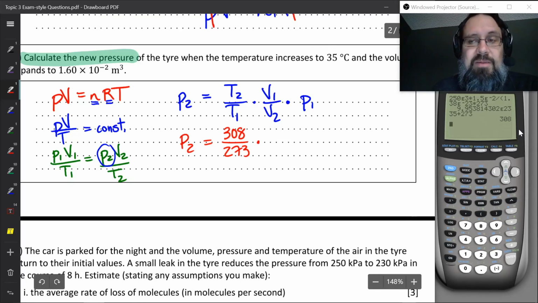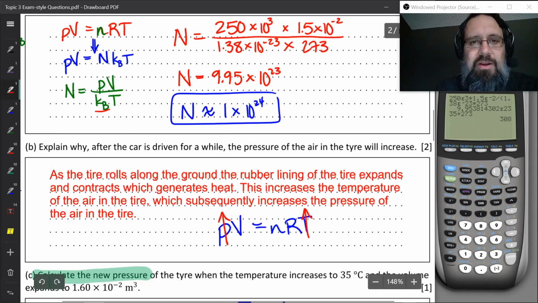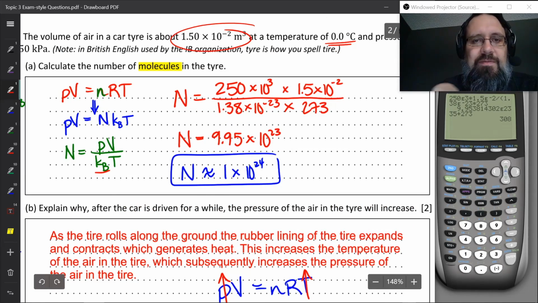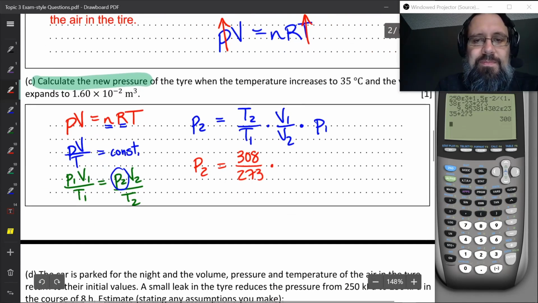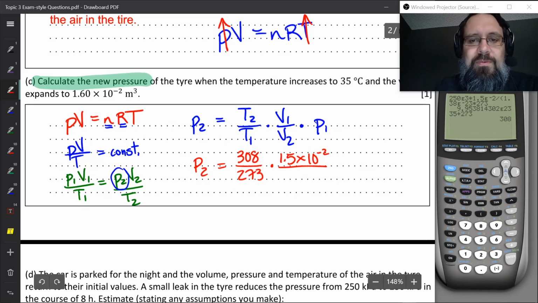That's going to get multiplied by the original volume, volume 1, which was up here, 1.5 times 10 to the negative 2, divided by the new volume, which is 1.6 times 10 to the negative 2. And then we're just going to multiply by the original pressure, which was 250